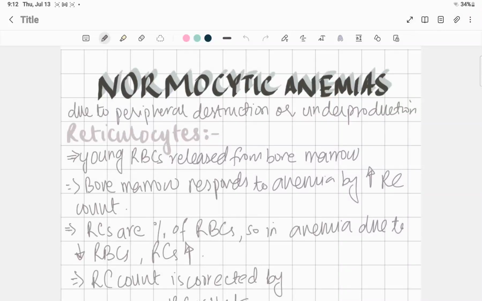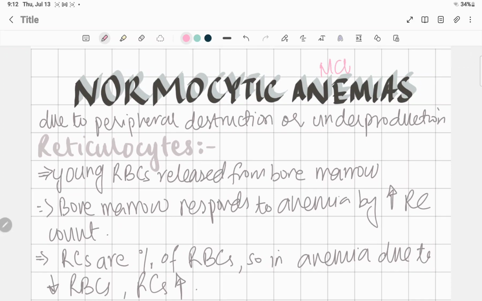About the normocytic anemias. This is going to be an overview of normocytic anemias, and then we're going to do different examples of it. These anemias are more in number, so we're going to have a couple of videos about it. So normocytic anemia is where